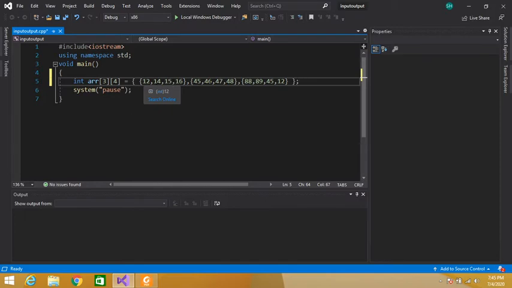In each row, first column, second column, third column and fourth column. In this way we can declare and initialize our two-dimensional array.